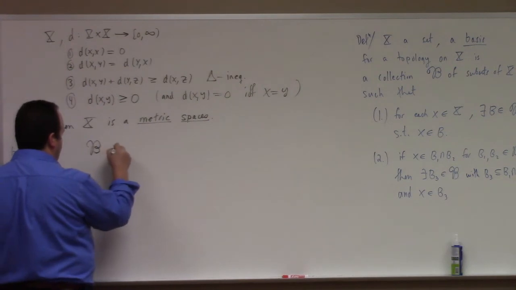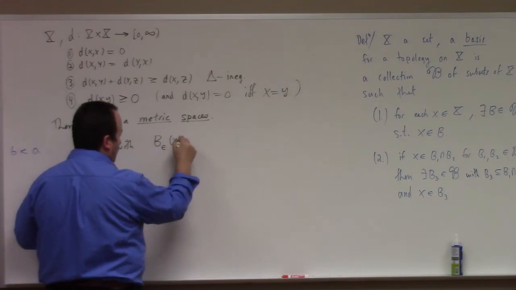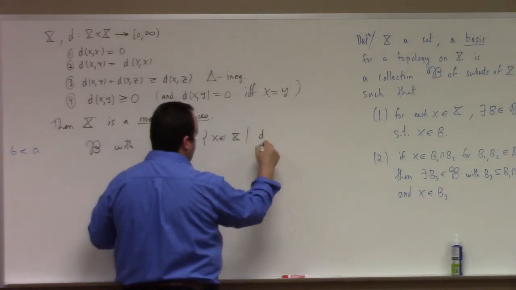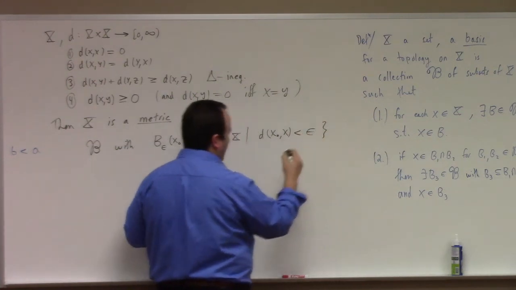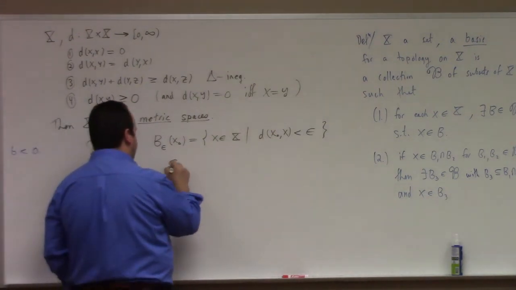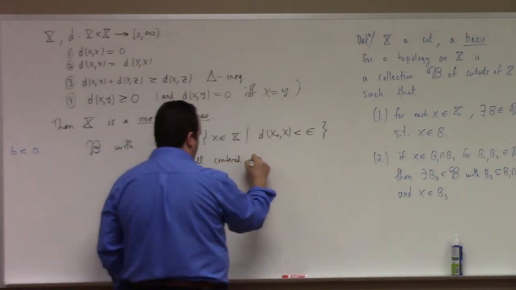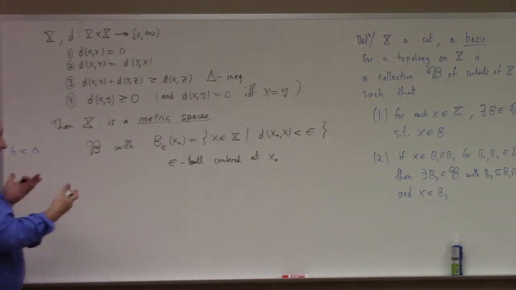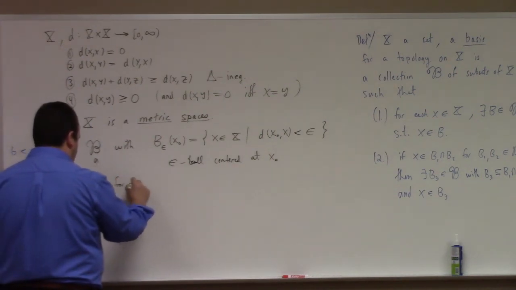If you can do it, though, you can form a basis with the balls, like epsilon balls. Epsilon ball centered at x naught. This is going to be what? This is going to be x in your space, such that what? Such that the distance from x naught to x is less than epsilon. So this is the epsilon ball centered at x naught, right? And these form a basis for a metric topology